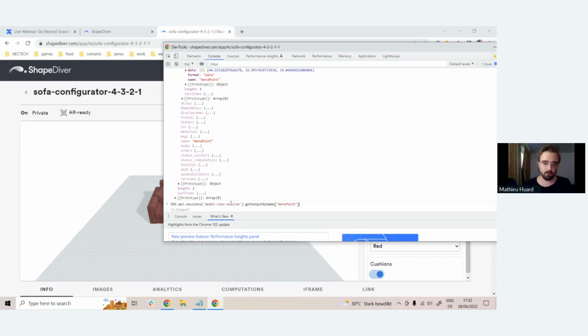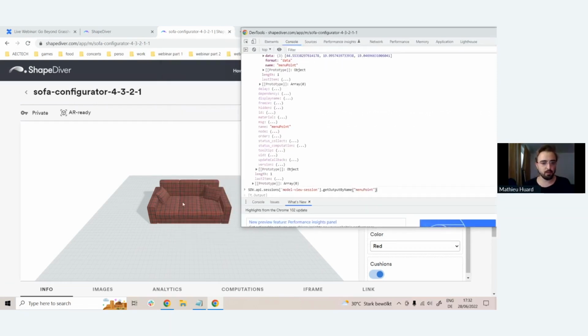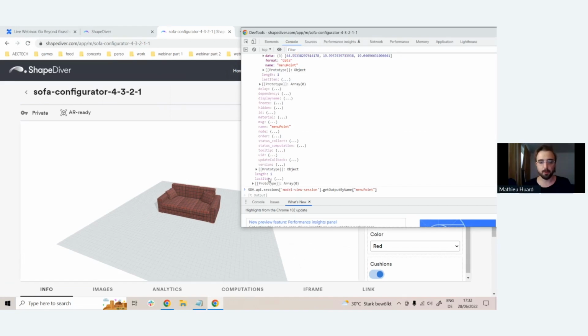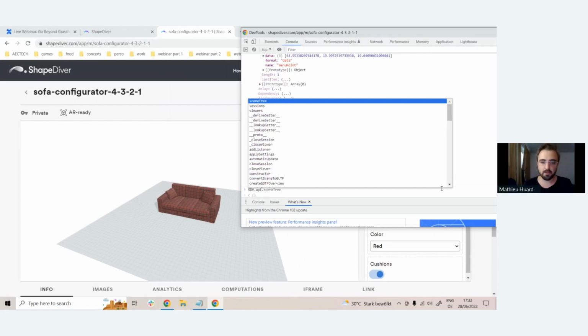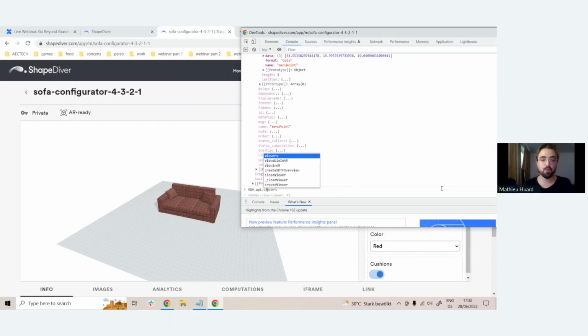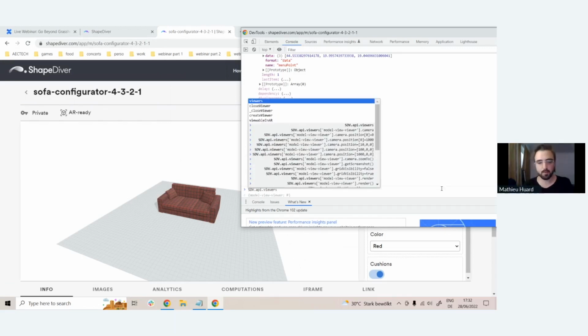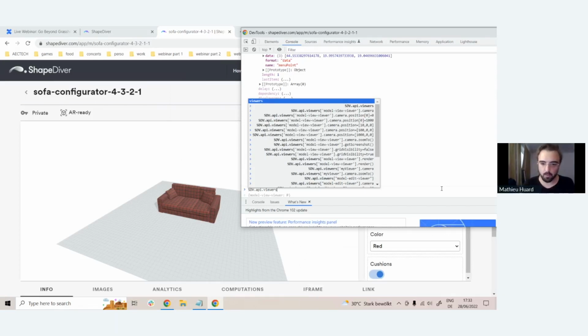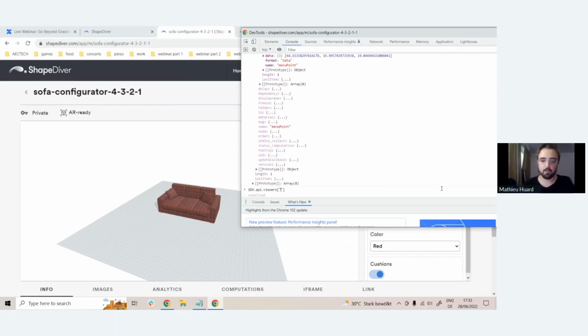Just to show another thing we did in this model: we hooked up the click on the model with a camera movement. This is something that is in the viewer API. We were in the sessions API before, and this is the viewers API, or viewers interface, if you want. And here is where you can really play with a lot of the